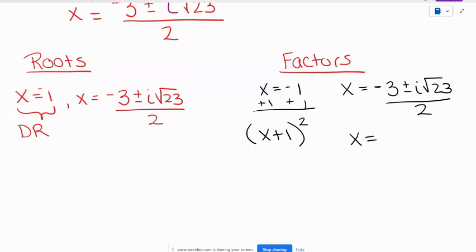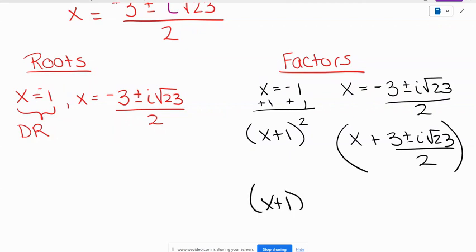So x plus 3 plus or minus i root 23, all over 2. A lot of steps inside of them. So our factors are (x plus 1) squared